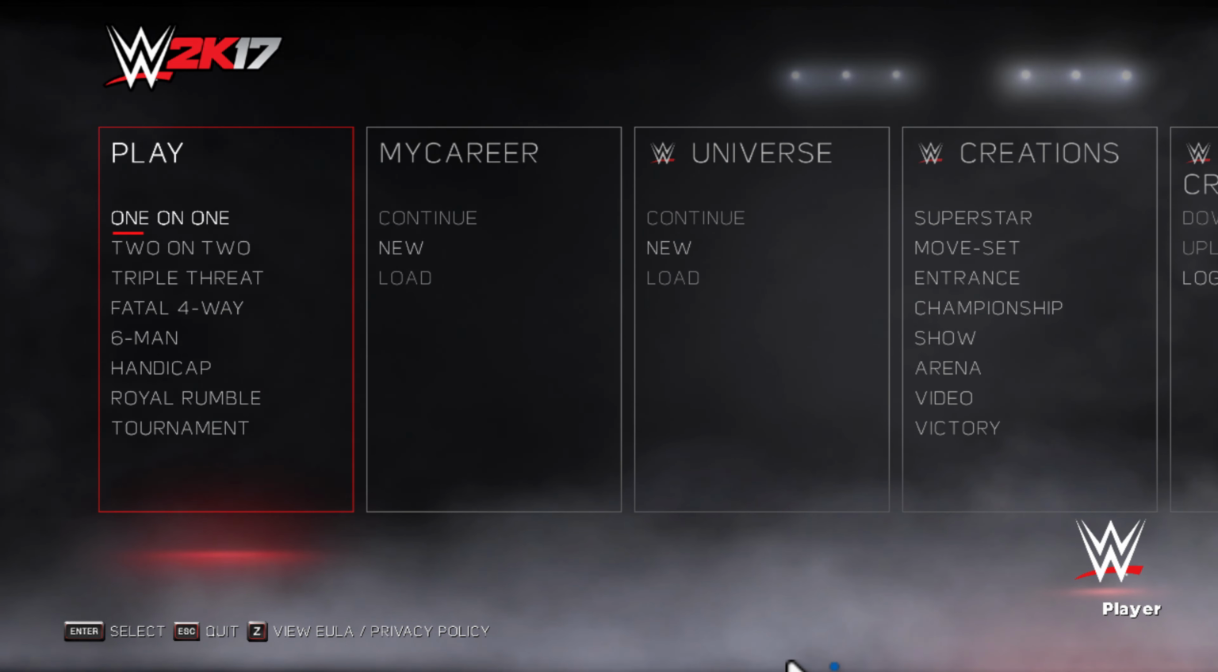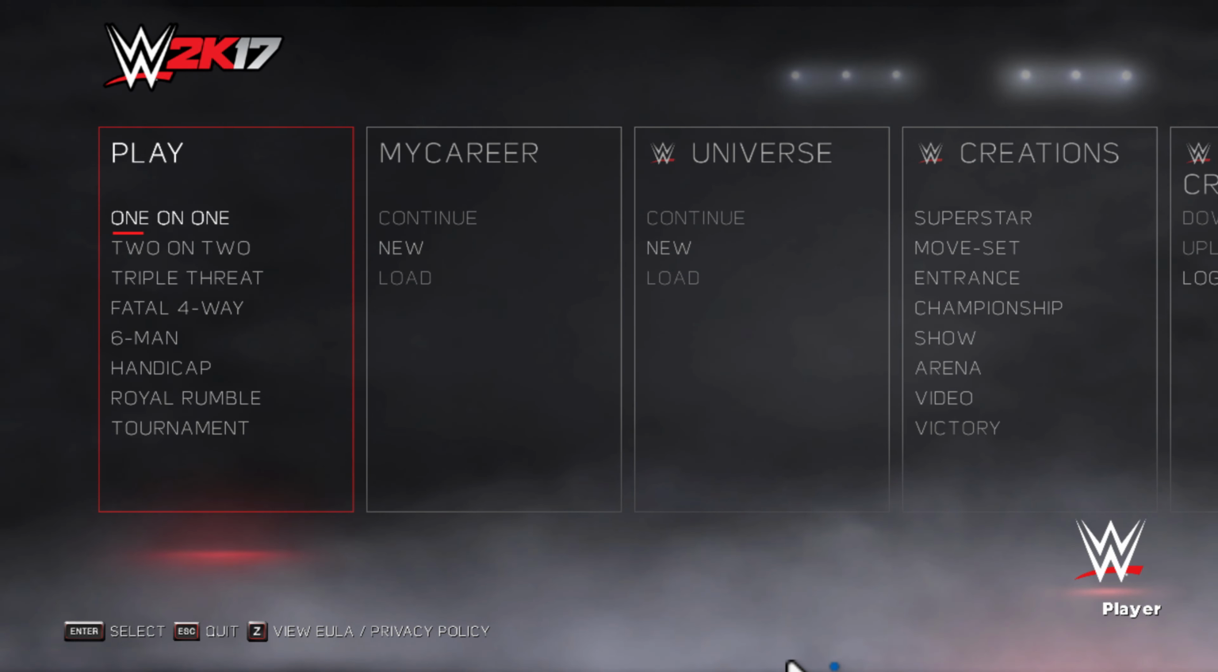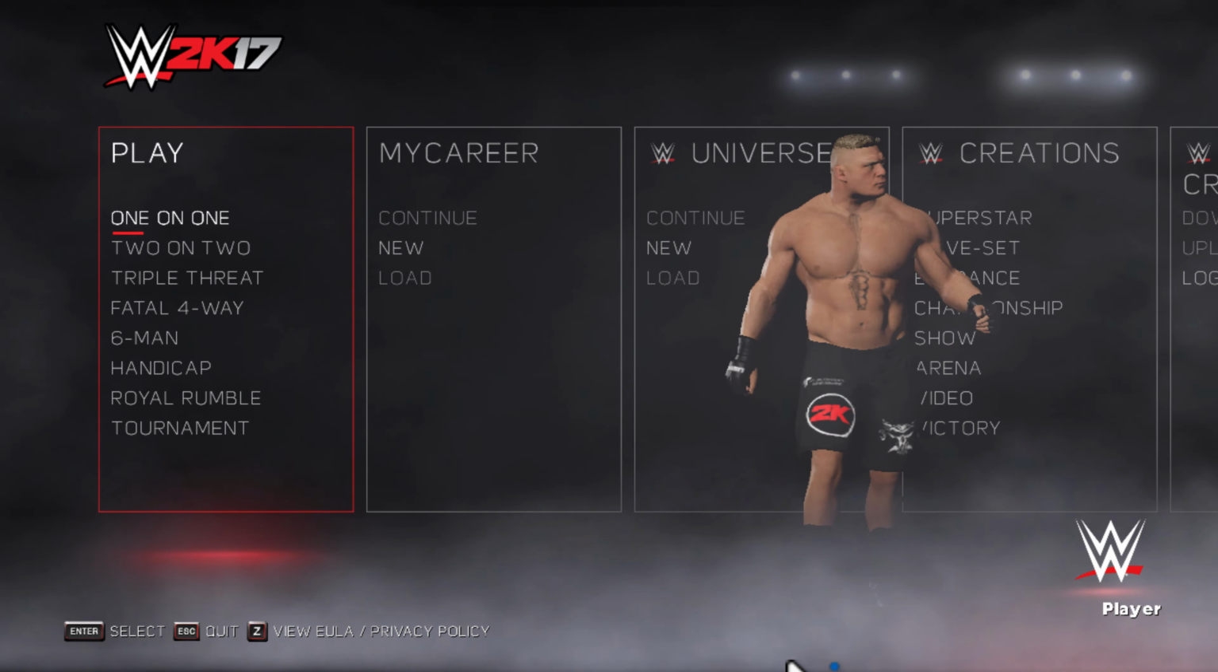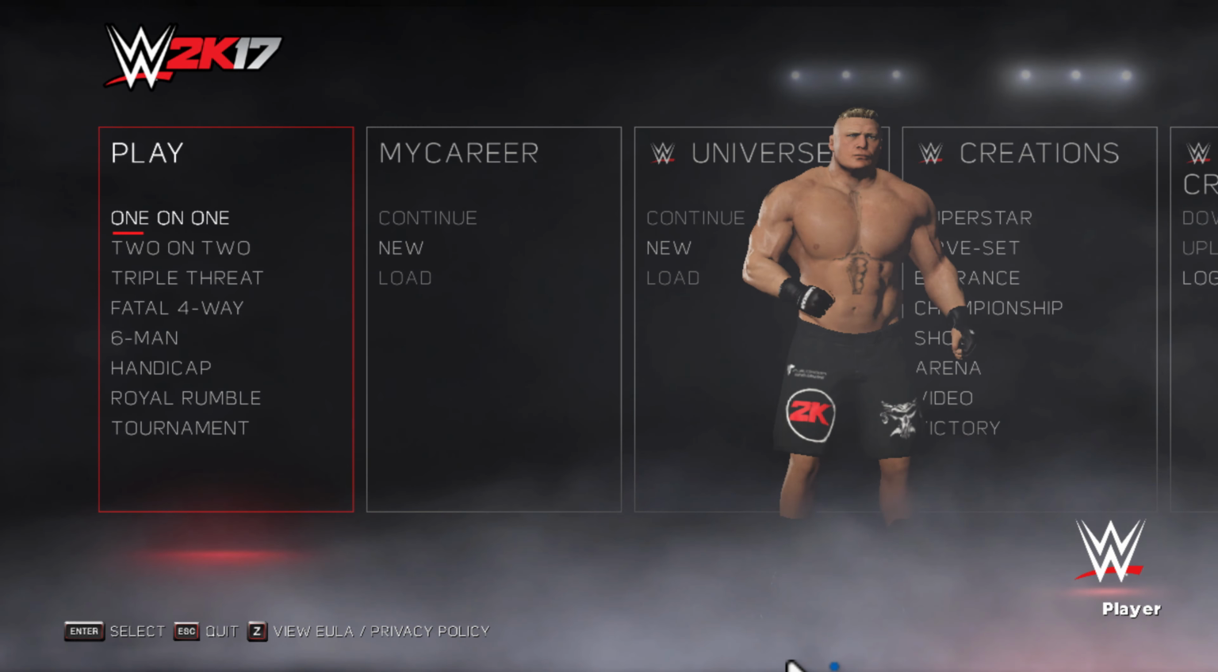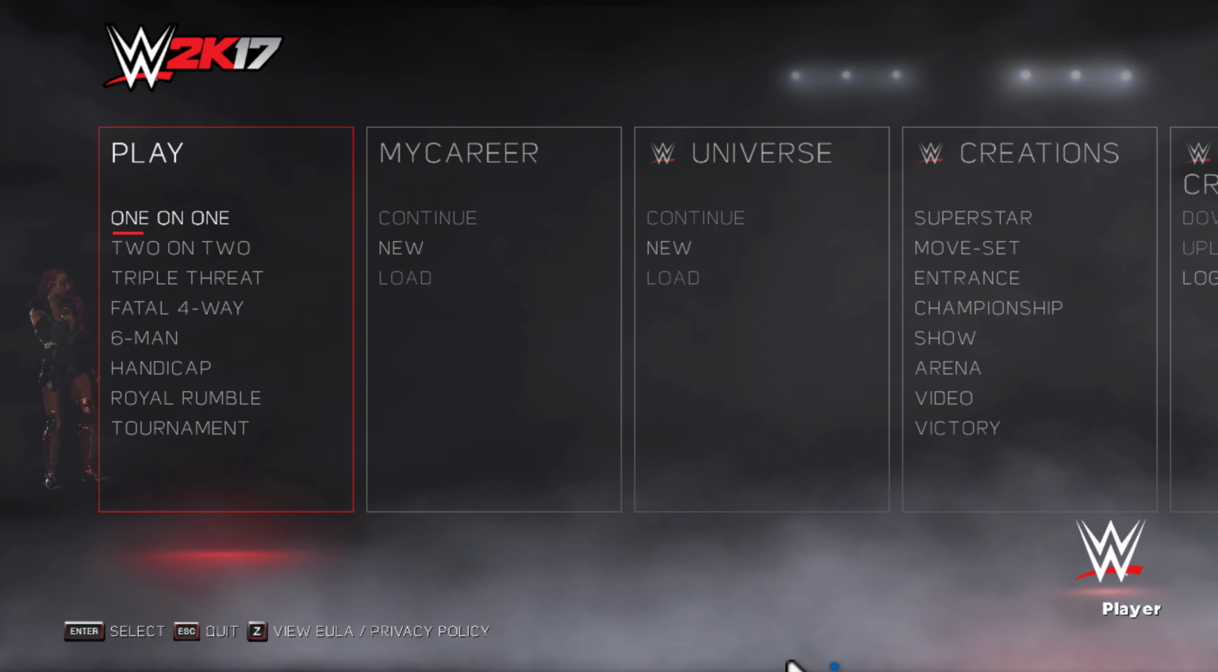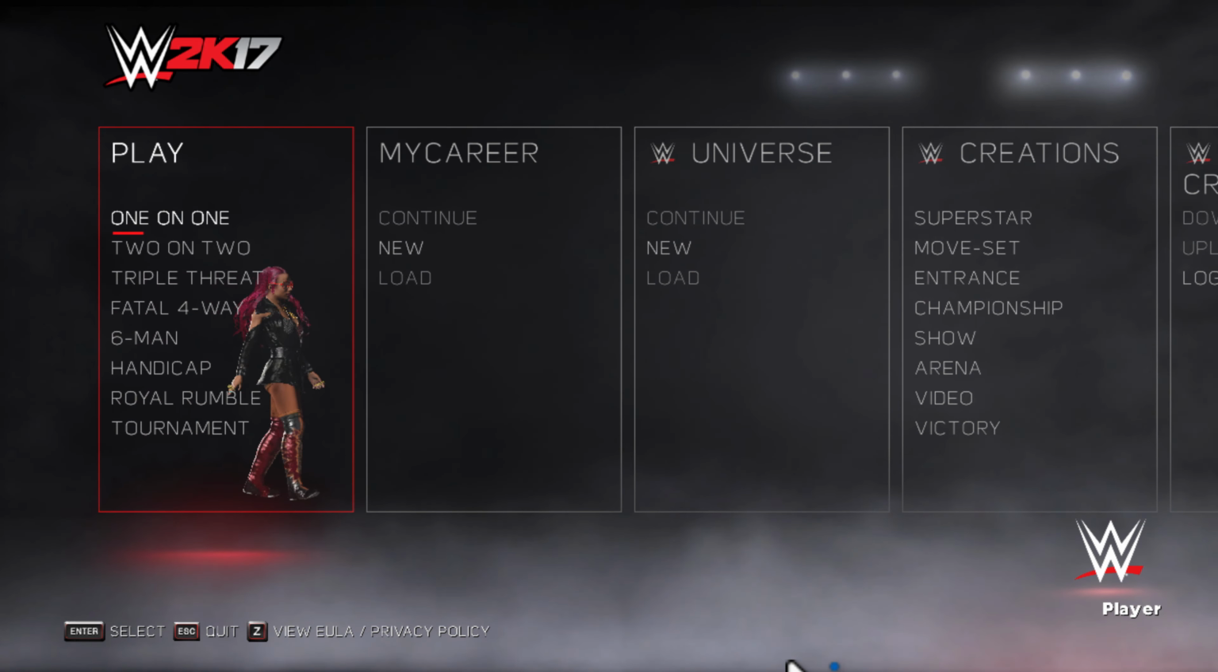WWE 2K games heavily use CPU and GPU. Lowering these settings gives you an immediate performance boost. If you want to make it even lower settings, then close off the game,